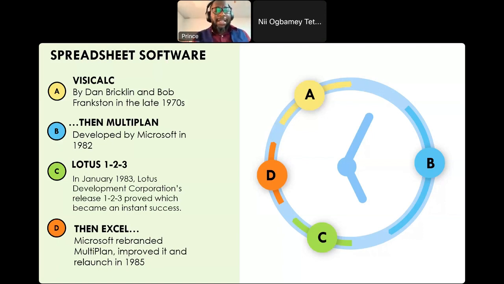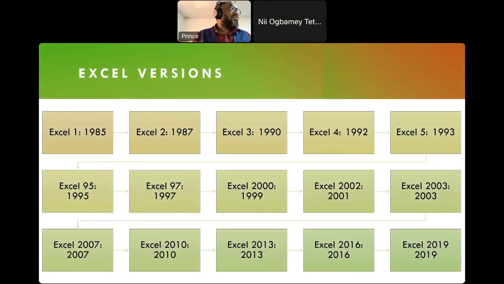So the very first version of Microsoft Excel, which was released in 1985, was released for Apple computers. Because VisiCalc, which was the very first spreadsheet, was released for Mac computers, because that was the dominant computing platform during those days. So in order for Excel to get to the market, the very first Excel was released for Mac computers.